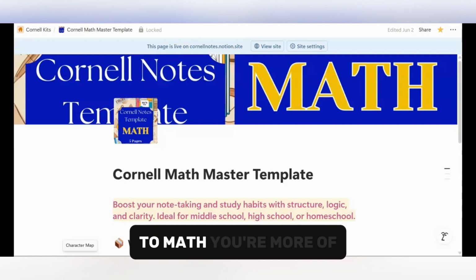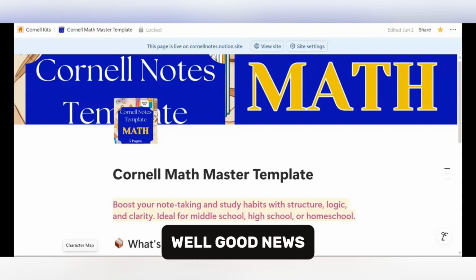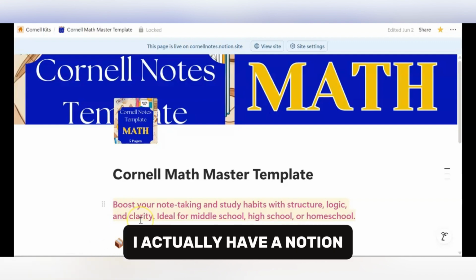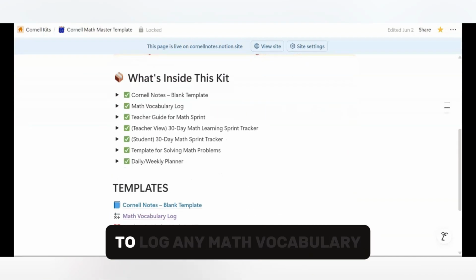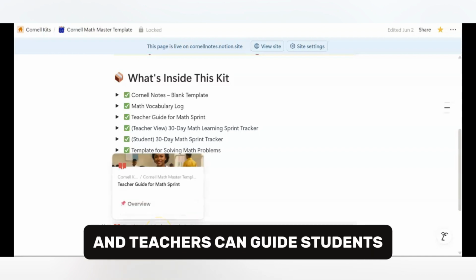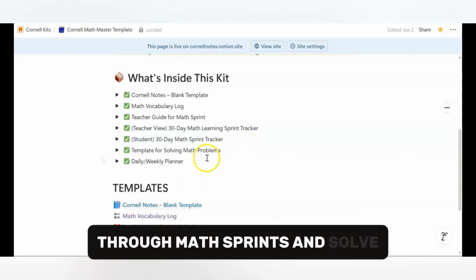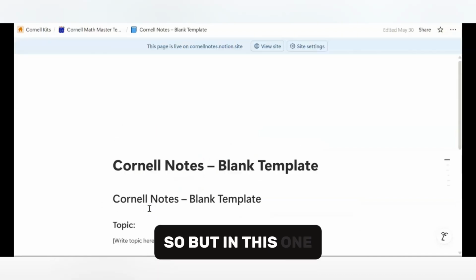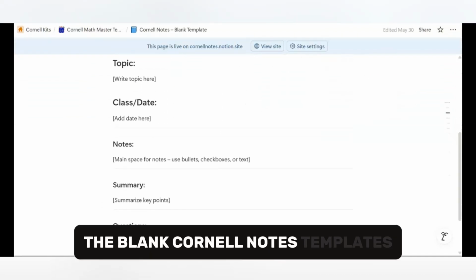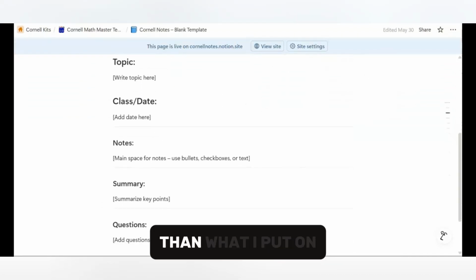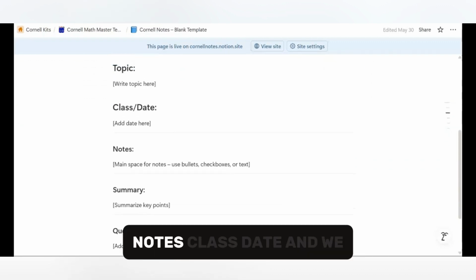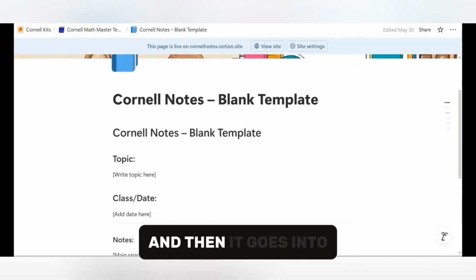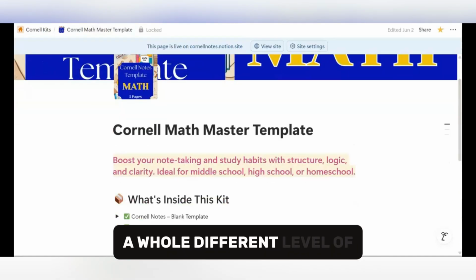Now, say when it comes to math, you're more of a Notion user. Well, good news, I actually have a Notion Math Master template that you can use. You have the ability to log any math vocabulary, and teachers can guide students through math sprints and solve problems. In this one, you have the blank Cornell Notes templates where you have the topic. It's a bit more extensive than what I put on the Google Sheets. And you have the questions, summary, notes, class date,